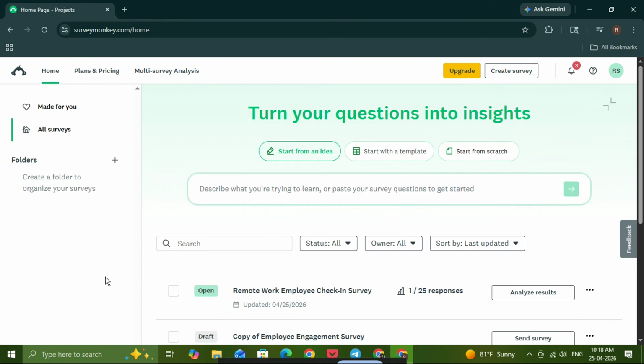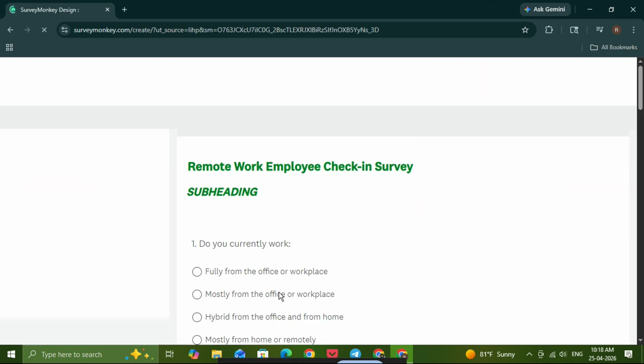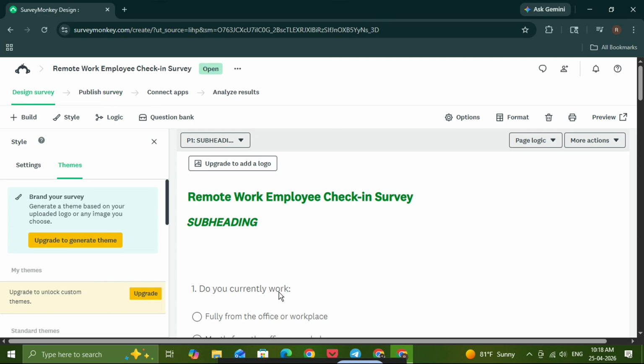Alright, let's jump in. First, go to SurveyMonkey in your browser and open the site. Once you're on the homepage, sign into your account if needed and open the survey you want to work on. After that, click on the survey option so you can enter the editing area for your form. This is where you'll be able to adjust questions, add sections, and set up the logic rules that guide respondents